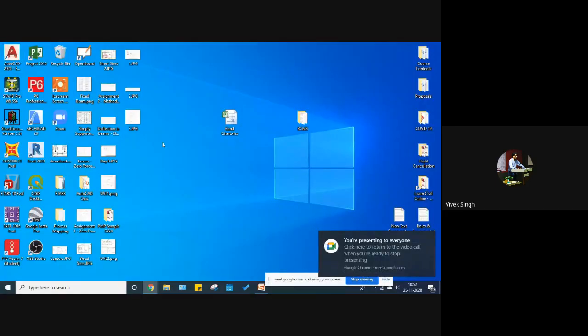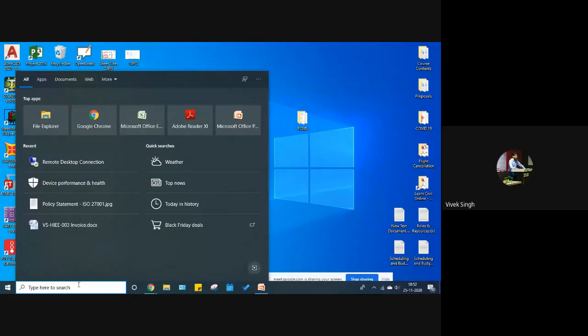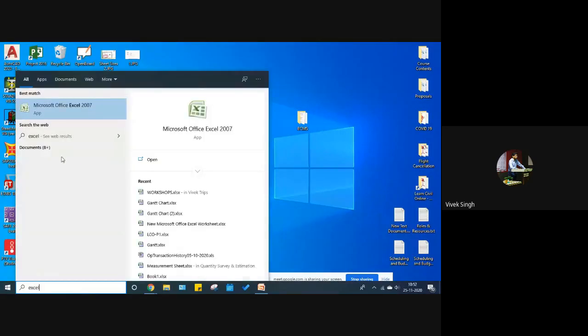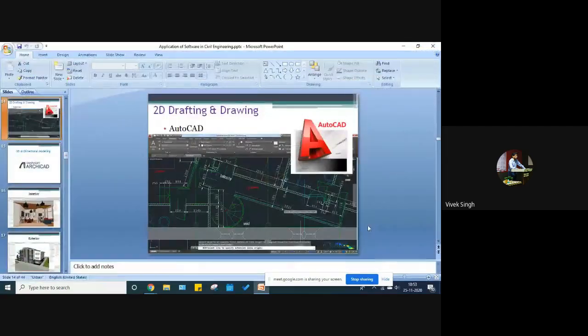So you can see the bunch of all the software which I'm using. This is AutoCAD 2020, which is the latest one, and more versions of it will be coming. And you can see there is Microsoft Project, and also this is AutoCAD. And Excel, I don't put it on the desktop, but it's there. I'll just show you. It's inbuilt in every computer. Most computers, if you're having a laptop, you'll be having Microsoft Office Excel 2007 version. So that's the